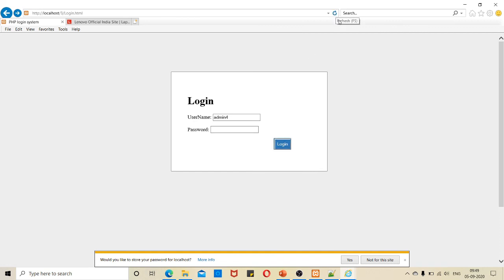Okay, let us check whether the client side validation has been done. I am not giving any password. Let me give login. It says that the password field is empty. So for posting this error, this particular HTML file is not sent back to the server and came back with a message. It was validated on the client side itself. Whereas the earlier login message is actually coming from your server side coding.